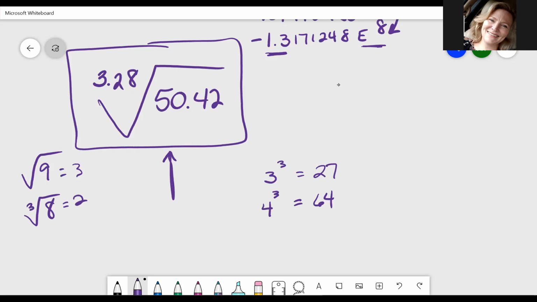It moved my flashing box to underneath the radical sign. So now I can enter 50.42 in there, and now I've got the problem. Then I can hit enter, and the answer that I get is